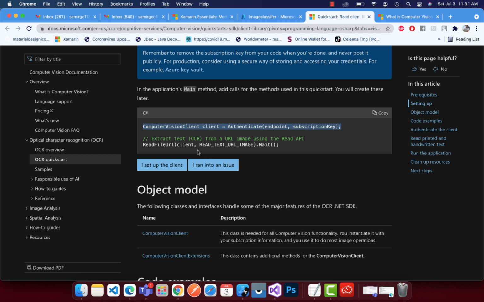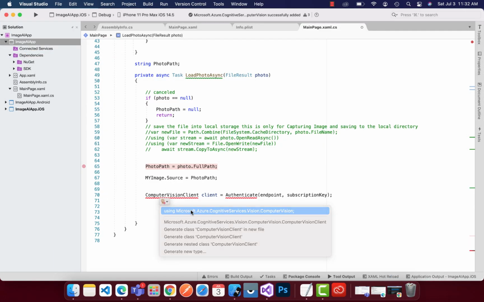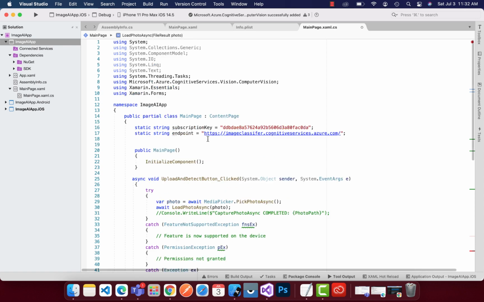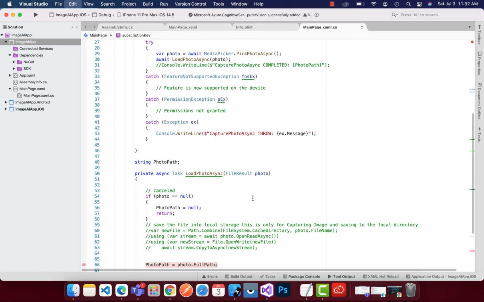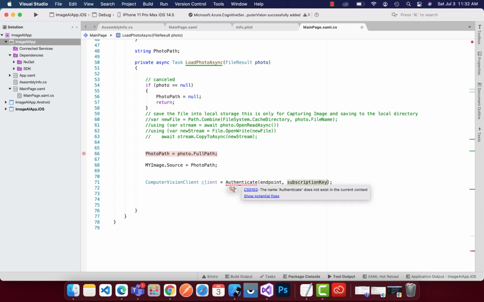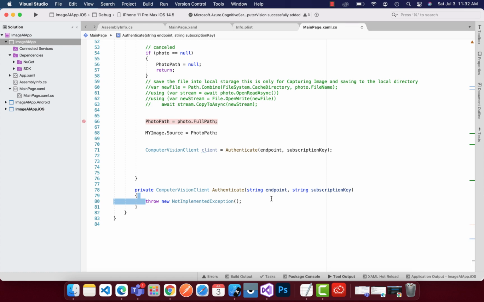Then we have to go to our project. Let's go to the project. Now let's go to the project over here, and this computer vision client inherits from the Cognitiveservice that we have installed previously, that is from the plugin itself. Then you can see over here we have subscription key as well as endpoint that is going to be passed to the authentication method. So I'm just going to create a method, and